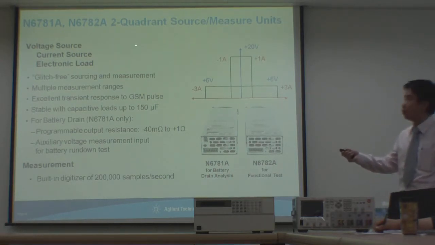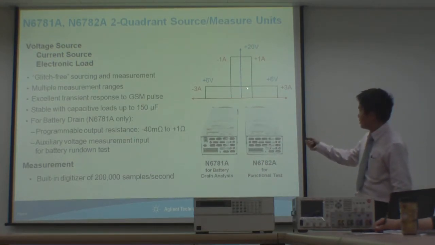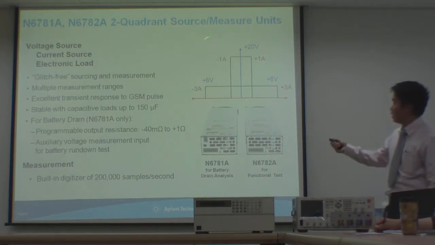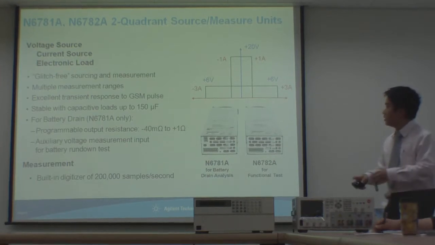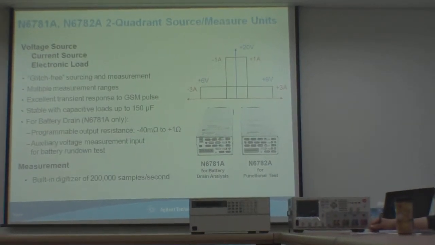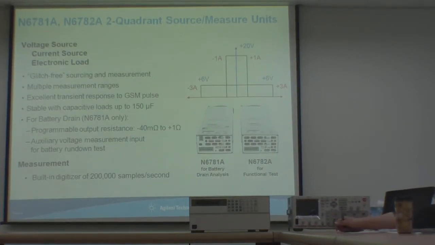This is what we call our 2-quadrant source measure units. It operates in this first quadrant, which is plus voltage and plus current, but it also operates in the negative current range as well. So, for example, typically you go to the diagram,